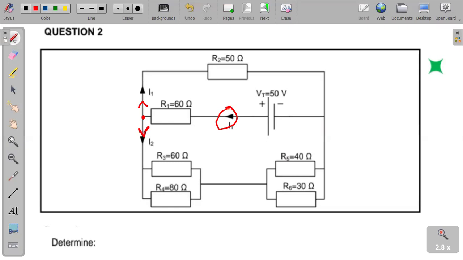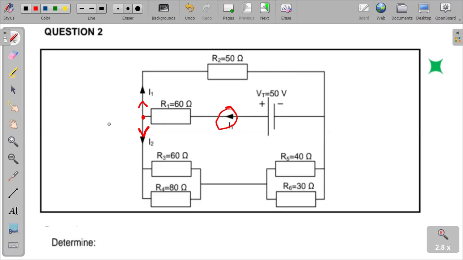In other words, to easily see resistors in series or in parallel, we check: has current been divided or not? As long as current has been divided, the resistors experiencing the divided current are parallel. But as long as resistors are experiencing the same current,